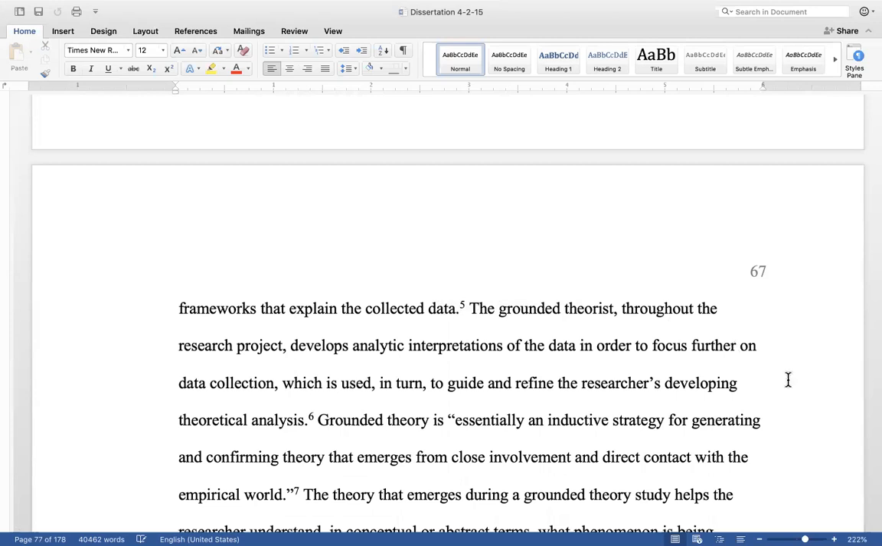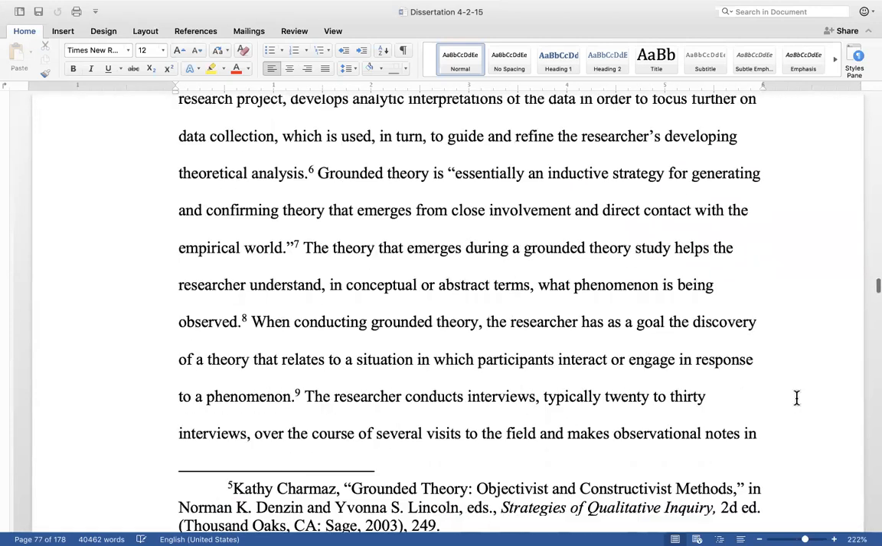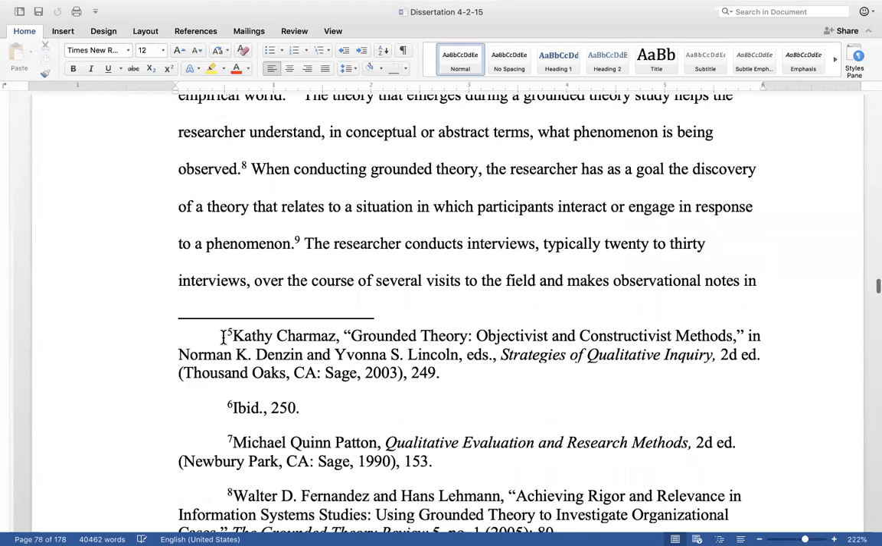So if I go down to the bottom of page 67 and I look at footnote number 5, you see that I've indented. I've got the person's first name, then their last name, then a comma. This happened to be a chapter, so the chapter is in quotation marks with a comma. It was in the book that was edited by these two people, and since this is the name of the book, it is italicized. I have my parentheses around my publication information and the page number,